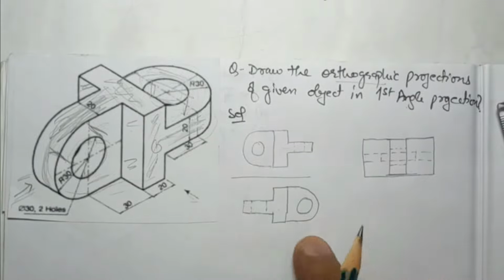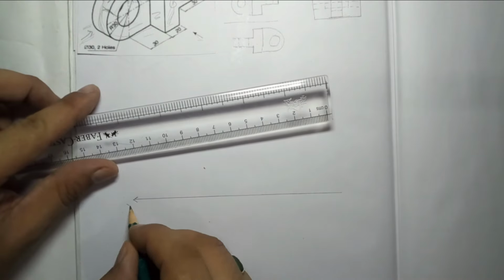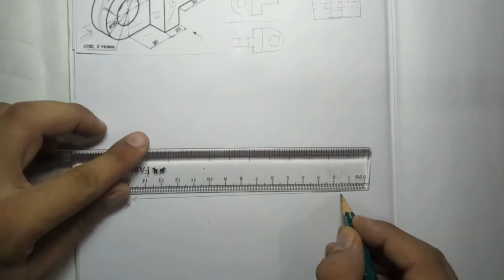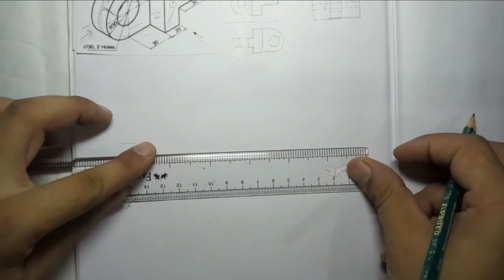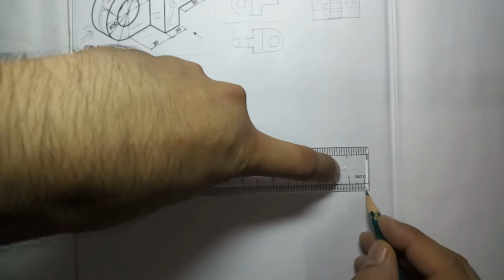Okay, now we will draw the front view and top view. First we will draw this with a very thin, tight line. For the total dimension, we can take a little bigger axis, so that the front view comes inside and we have space for dimensioning also.